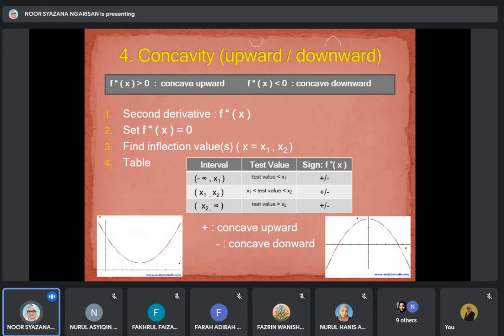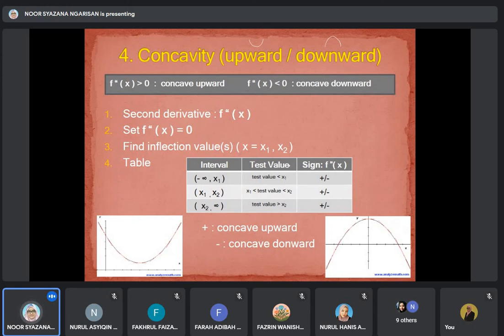Kalau first derivative tadi, the first derivative we call it as critical values. Okay, the values from first derivative is critical values. The values from second derivative is inflection value. Okay, and then from the inflection value, we will construct this table. Table ni sama je macam previous table. First column is for interval. Second column is